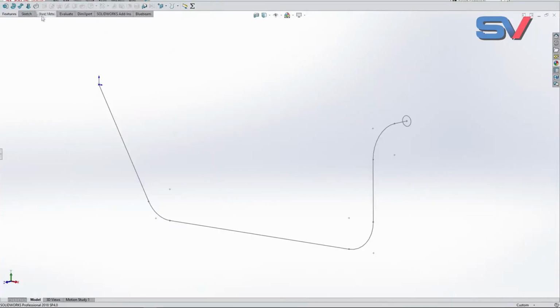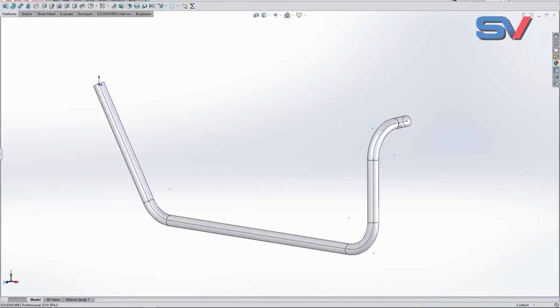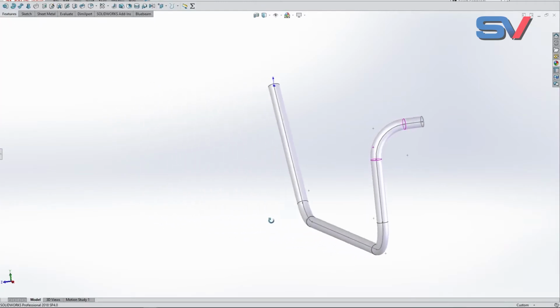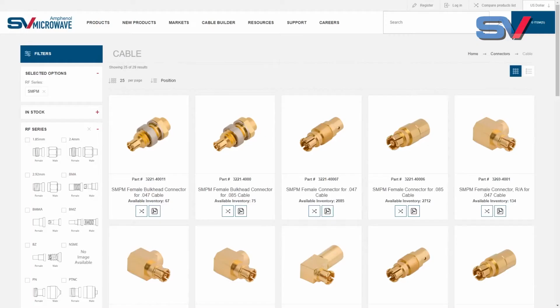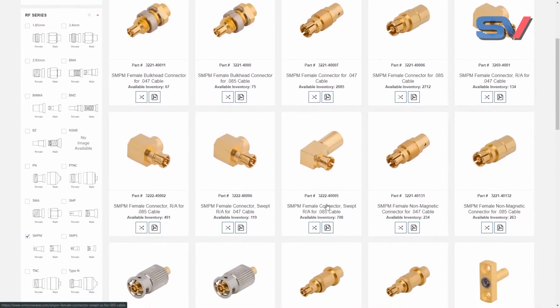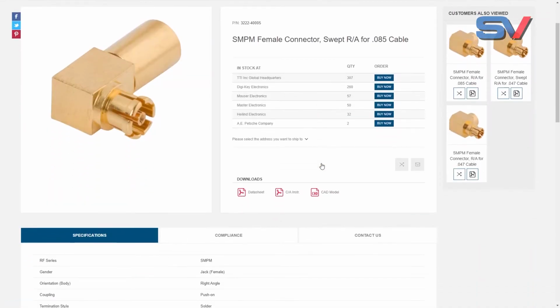The first step is to design the routing to fit your system exactly as needed in CAD, and this is where you would begin to define length, rotation, bend angles, and other parameters. The SV Microwave website contains downloadable 3D connector models to help here,